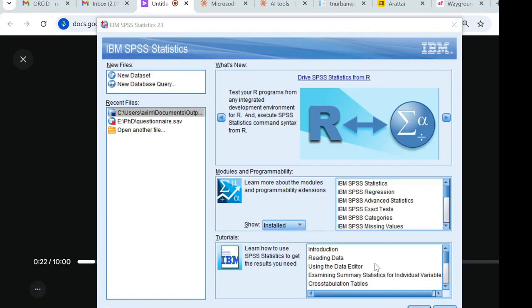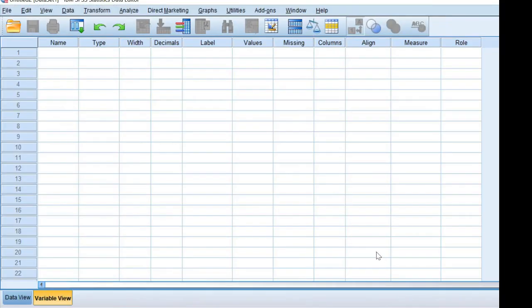And if you see, when you open the SPSS software, this is the first screen you will get. If you already have data in SPSS, you can go for this window where you can choose the existing file. If you're doing it for the first time and you need to create a new data set, you can click here, new data set, and in the right corner you have OK. Click OK. So here,